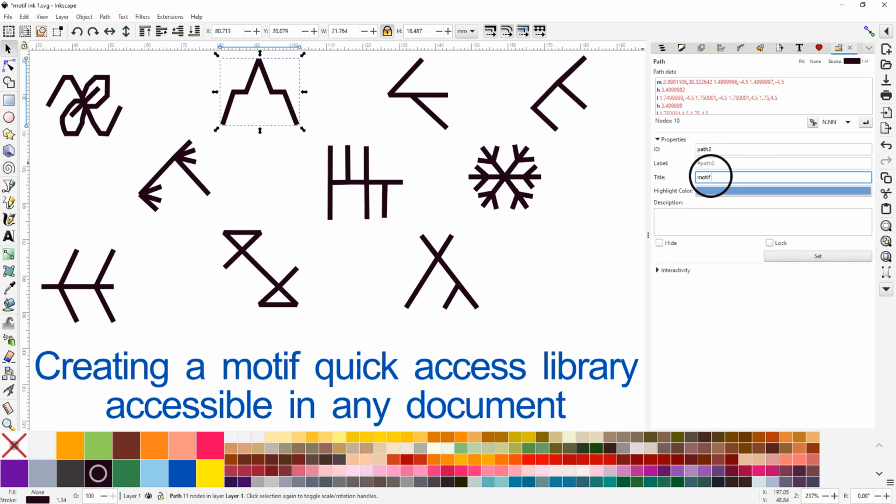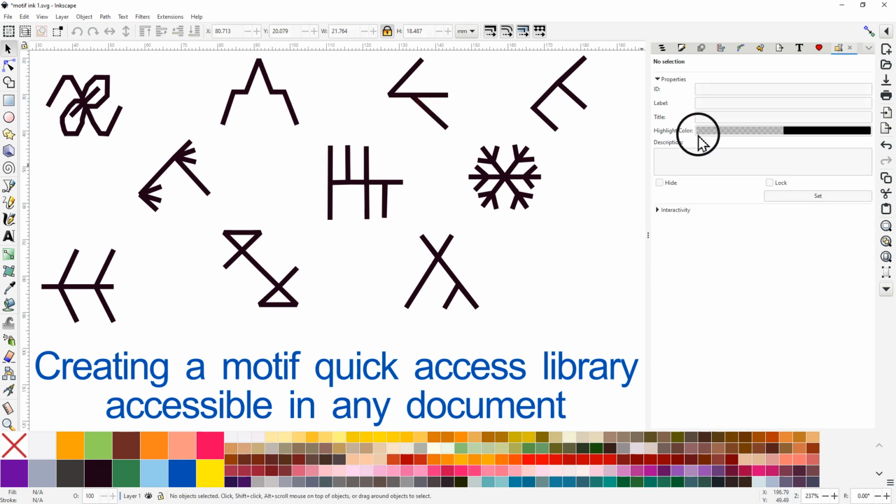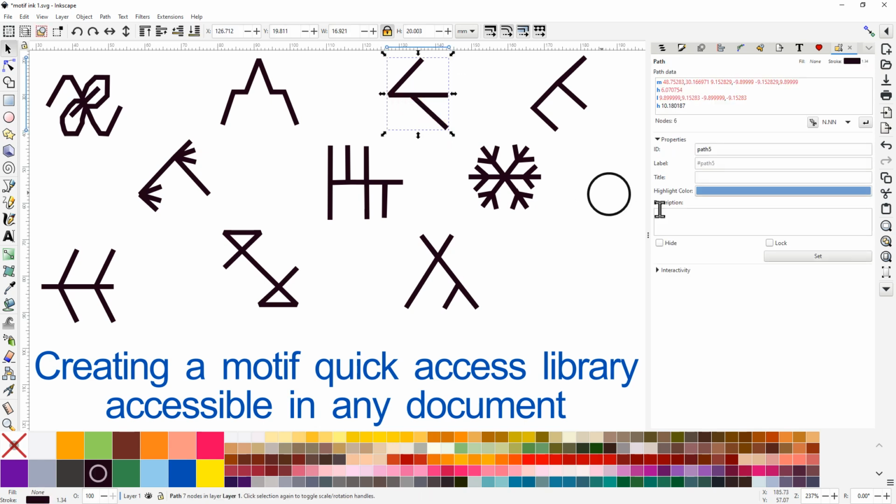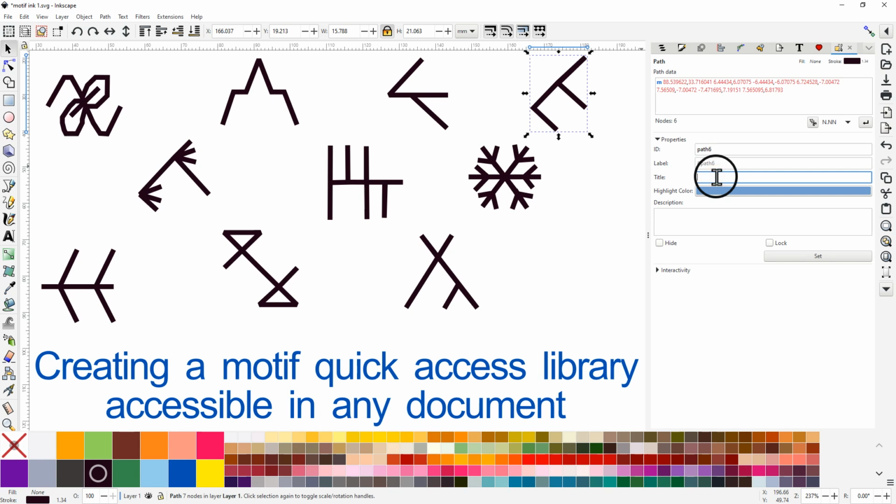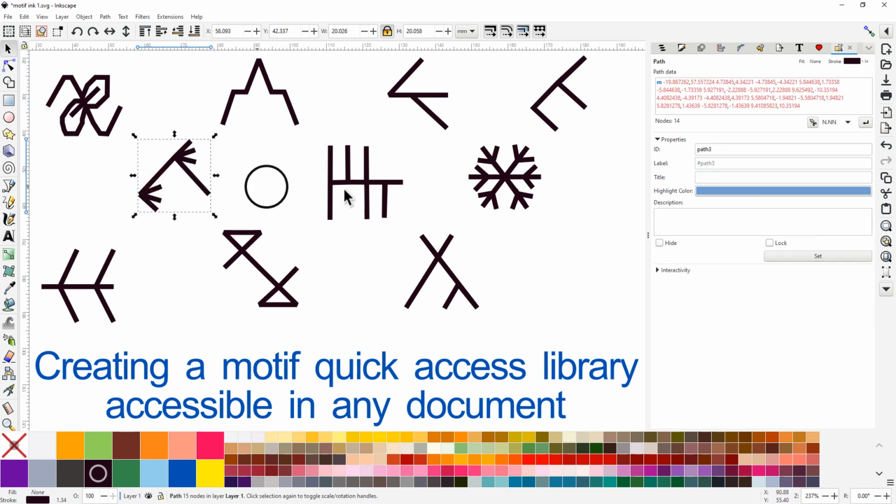Motif number 2, and then we go set, and motif number 3, and we go set, and motif 4 and set. It is a little repetitious, but